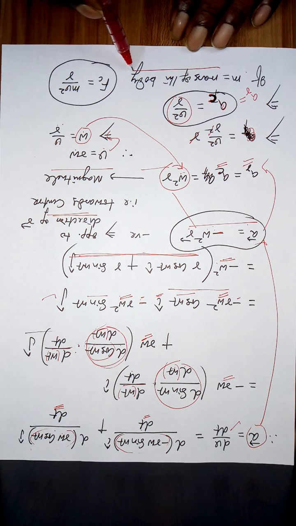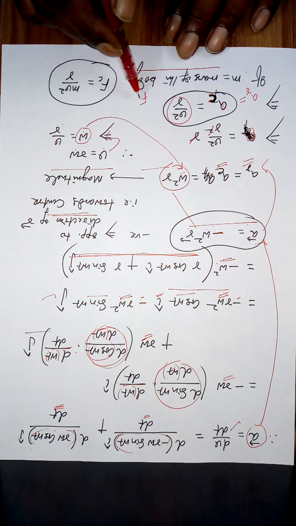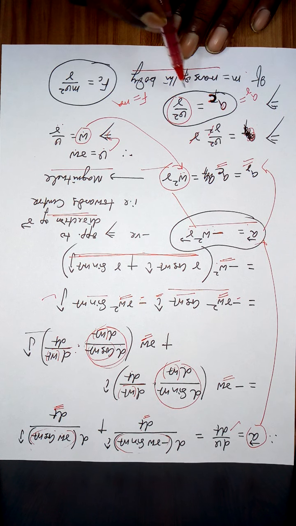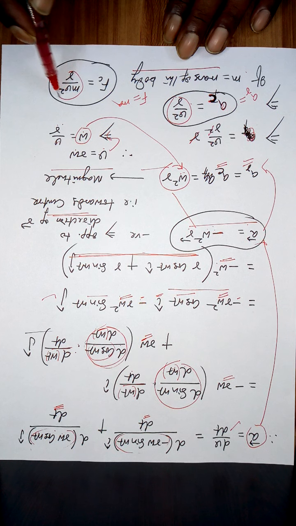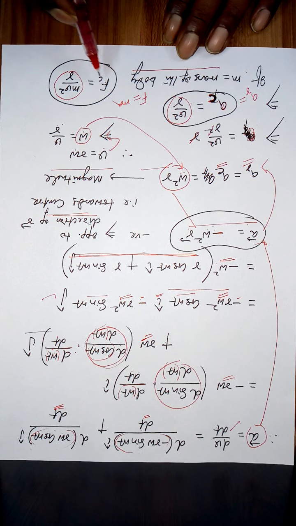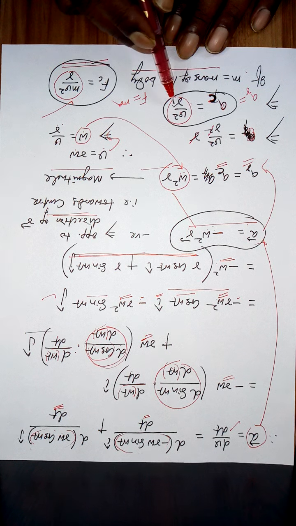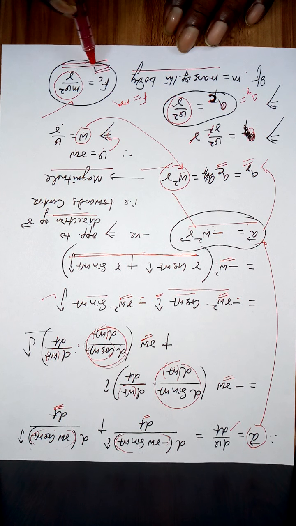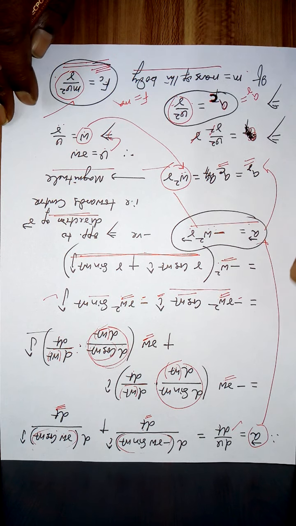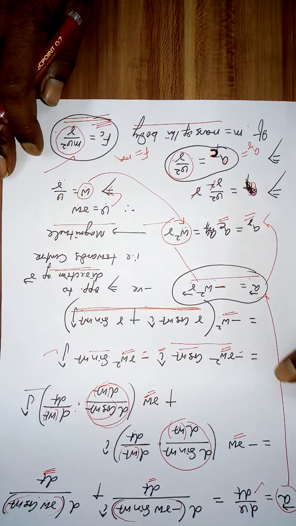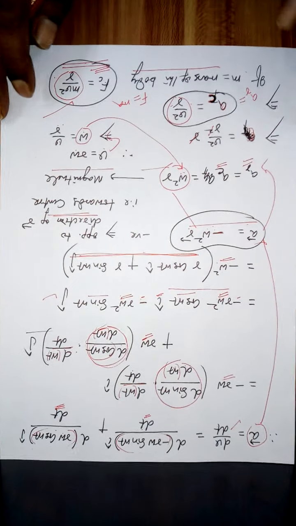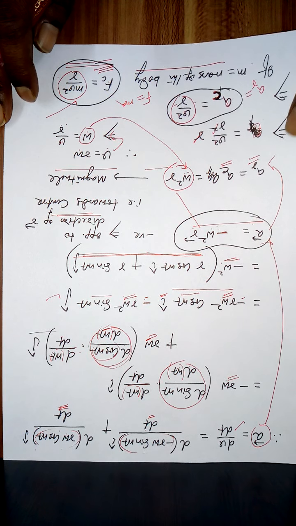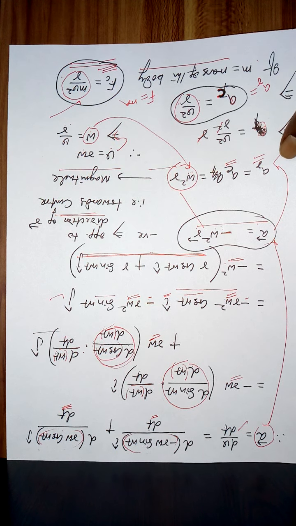Now if m is the mass of the body, then we know force is equal to mass into acceleration. So m into this, mv square by r, is called centripetal force. So this is the requirement for a body to move in a circular path. That is, it must have a centripetal acceleration towards the center. That is same thing as saying it must have a centripetal force towards the center. This is the requirement for a circular motion. So now it will be convenient to study different numerical problems and also to study vertical circular motion. That will be very easy for you now.